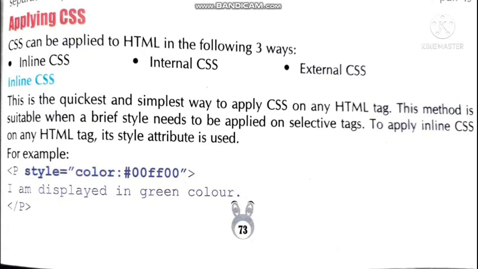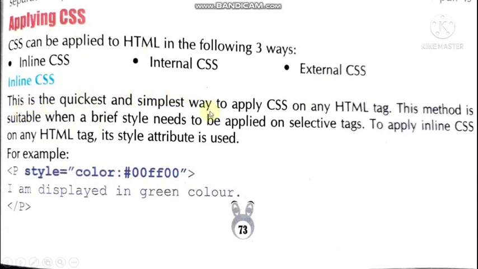Now let's start with inline CSS. In inline CSS, we use one attribute of every tag, that is style. It is common to all the tags, the style attribute, and we know that an attribute and its value are given in HTML as the name of the attribute in the tag equals to the value. But here style will have the value which will be specified in the form property colon value. Let me explain it with the example. Let's read this part first.